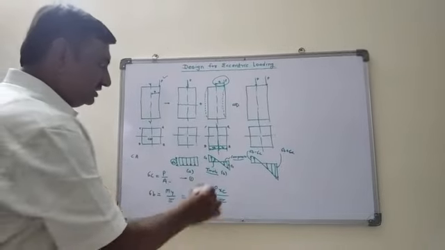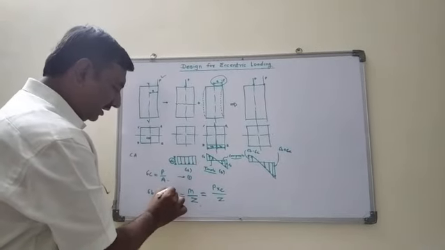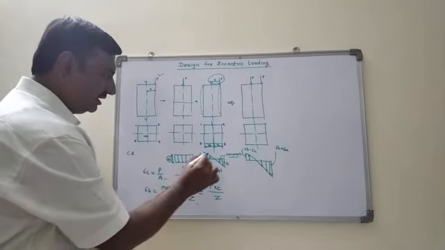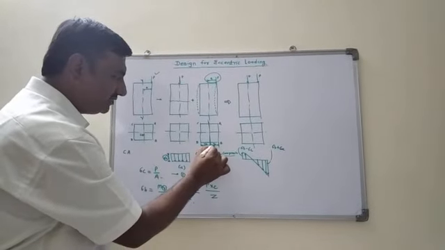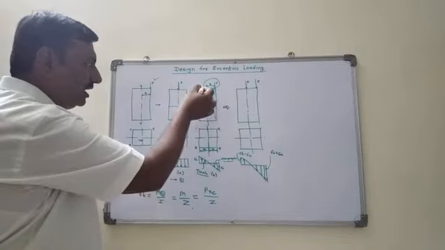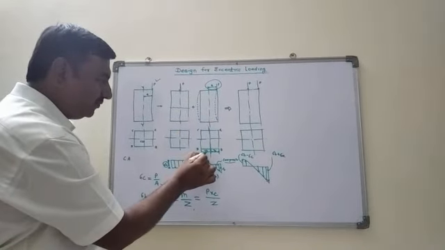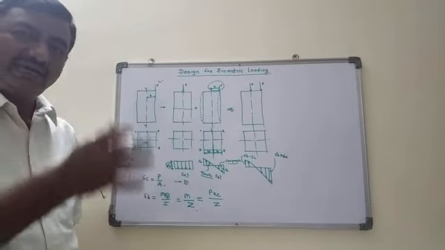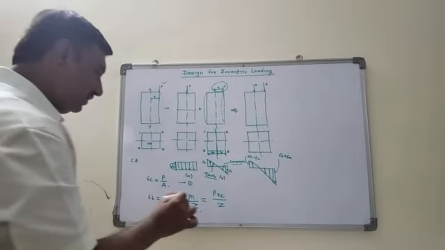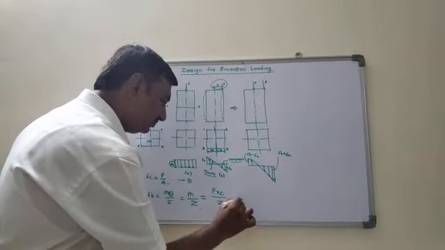And this distance y is, when it is compressive at the inner surface, then this is the YC distance. When at the outer surface, then YT we have to substitute. So this is the distance from the centroidal axis. So we name this as equation number 2.